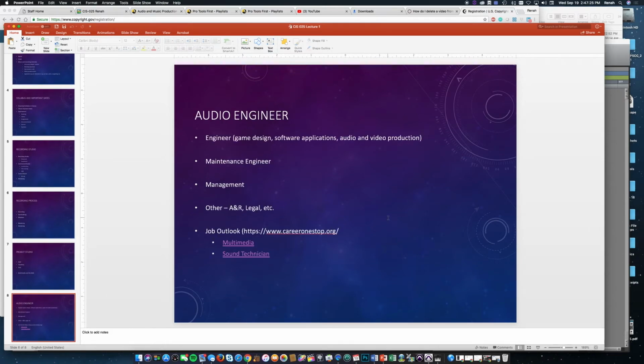Finally, let's talk about the audio engineer. There are several types of jobs in this arena that you can do once you learn about sound. There's the artist, of course, being the musician, arranging the music. You can be producing, for example, bringing everybody in, selecting the songs, focusing on the project, financing it. You could be the engineer, which is the main thing in this course, which is understanding the technology behind recording, translating what the artist wants to record into a product,